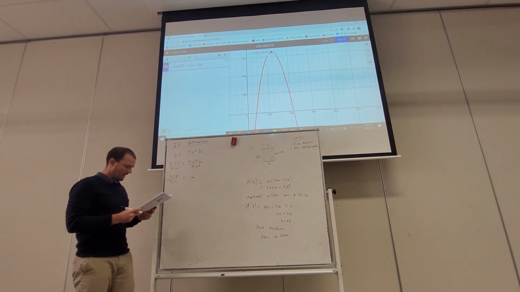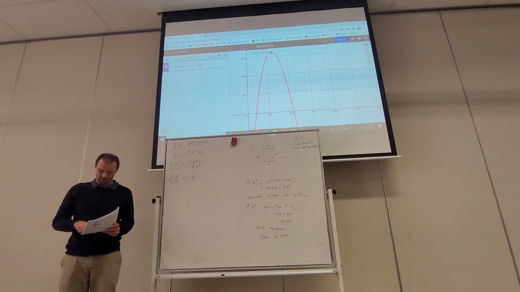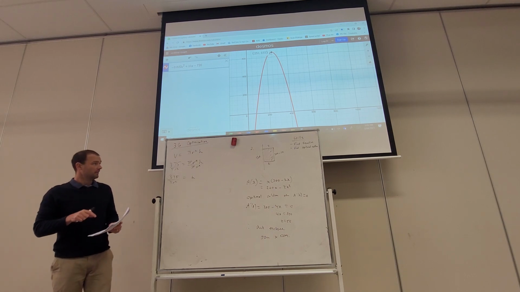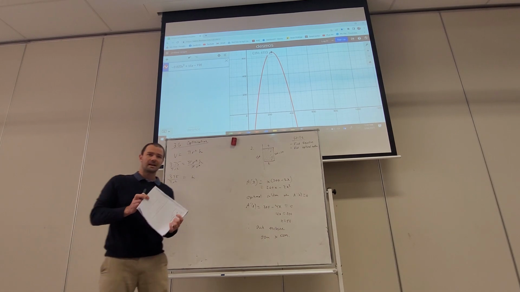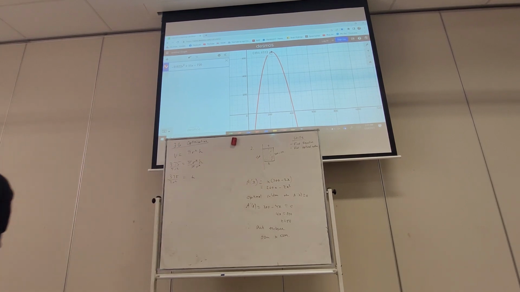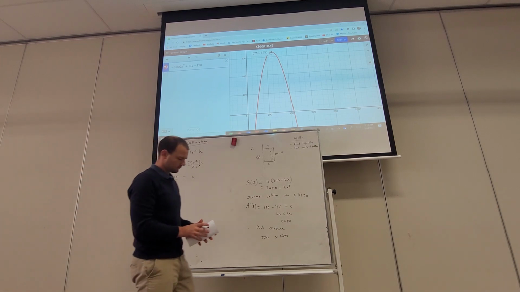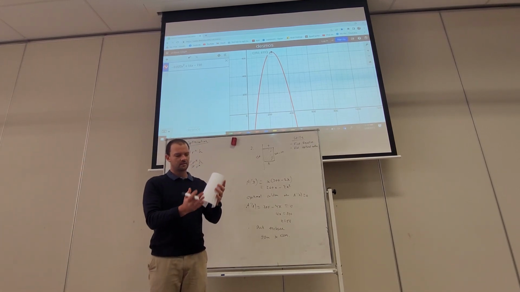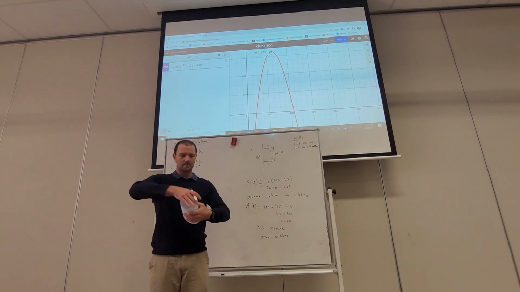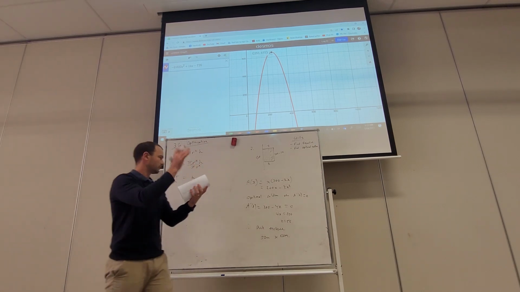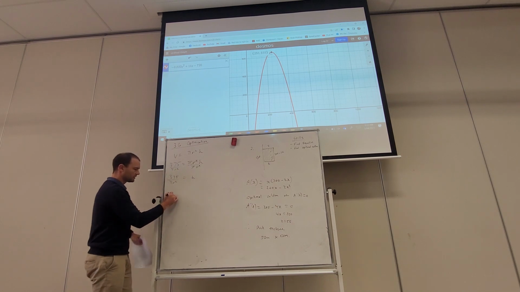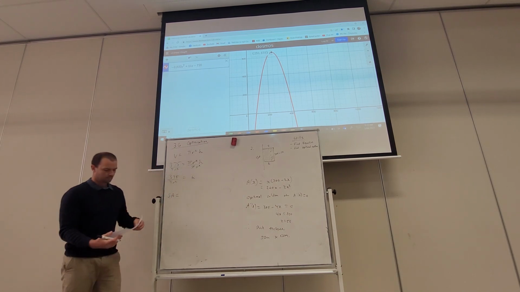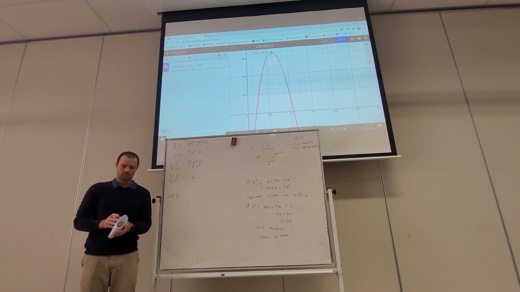Now, hence, show that the amount of aluminium used is given by this equation. So if you're using aluminium to make a can, we're going to need aluminium at the bottom, aluminium at the top, and aluminium the whole way around. So the surface area of aluminium required is equal to the top